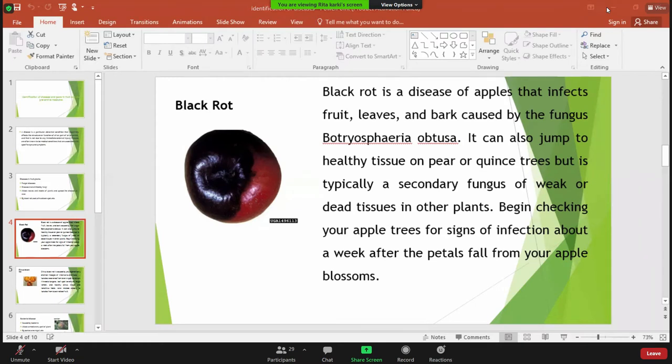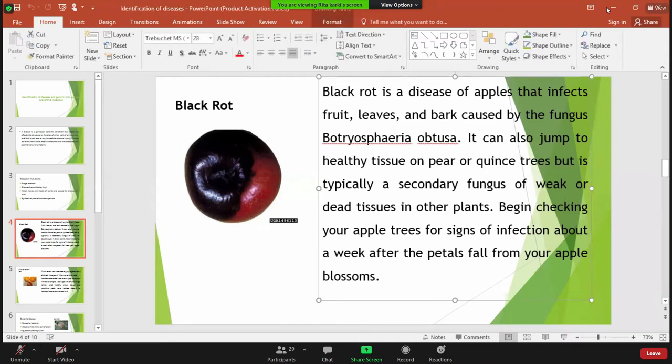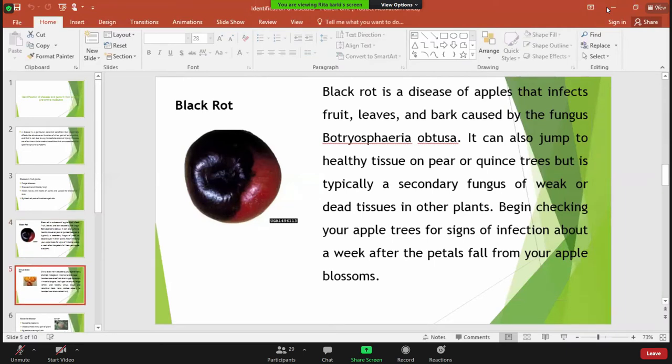Besides this, this particular disease is caused by a fungus called Botryosphaeria obtusa. Area of Fuchsia is the name of the fungus that generally causes this particular type of disease. Similarly, there are several other types of diseases that easily infect a larger number of plants.